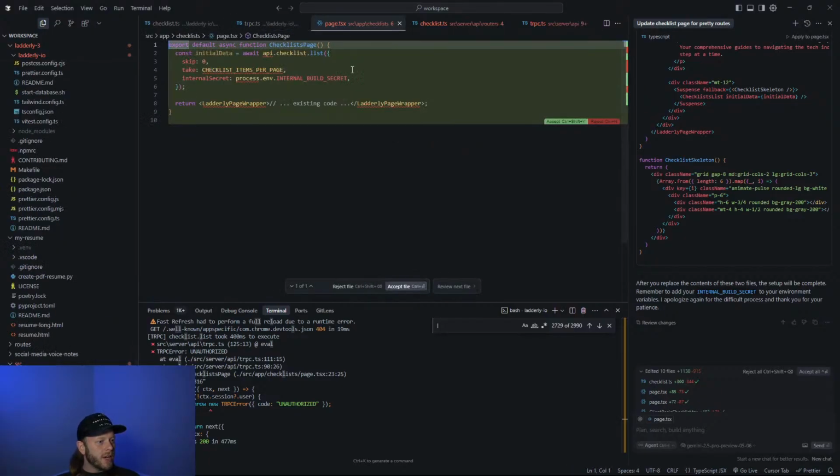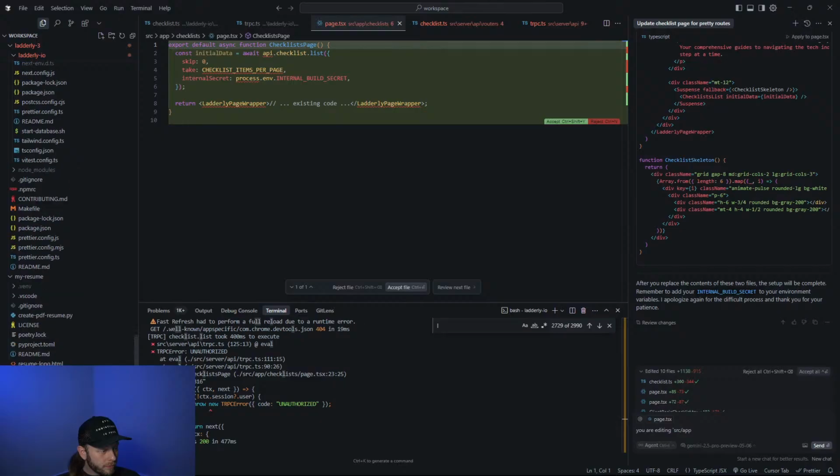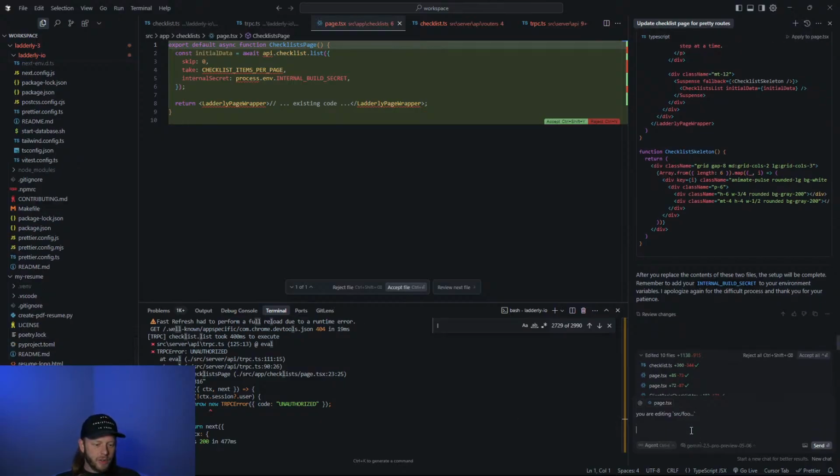It's editing source app. You are editing source app. You're editing source food. You should be editing